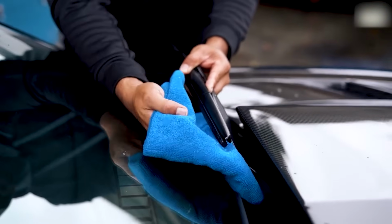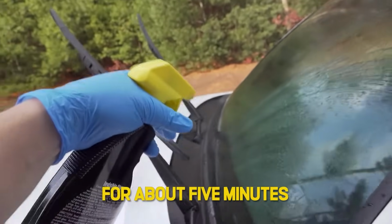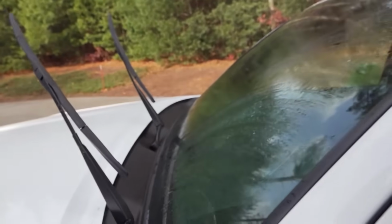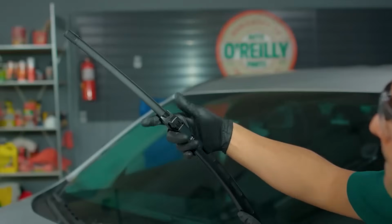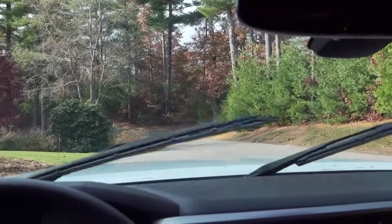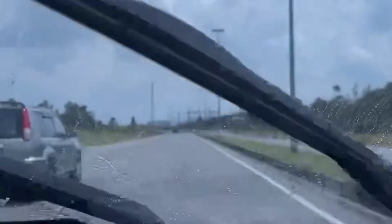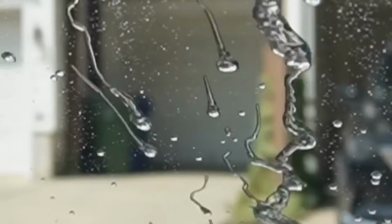Pop the blades off and let the rubber edge sit in a shallow tray of RainX for about 5 minutes. That soak lets the blades absorb the repellent. When you reinstall them, every swipe reapplies a thin layer of RainX onto the glass. One detailer swears his windshield stayed clear for 2 straight months of Seattle rain using this method, without reapplying anything